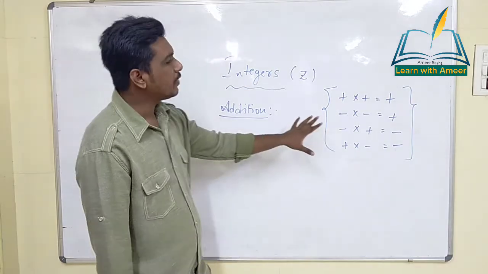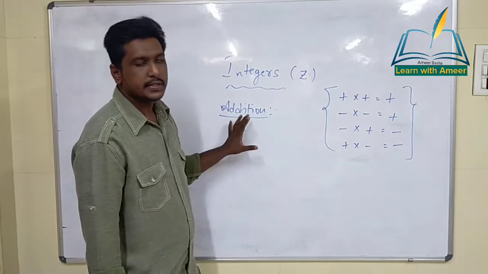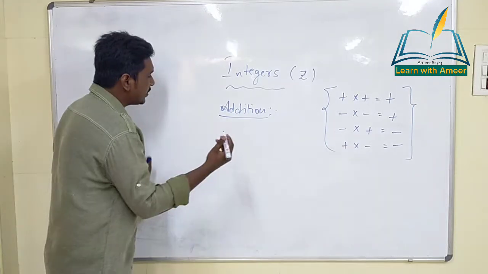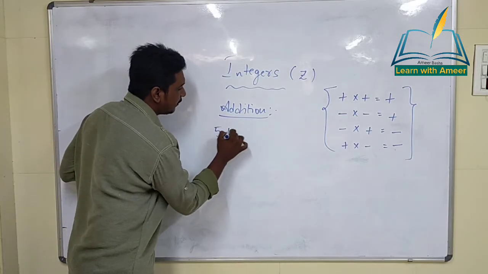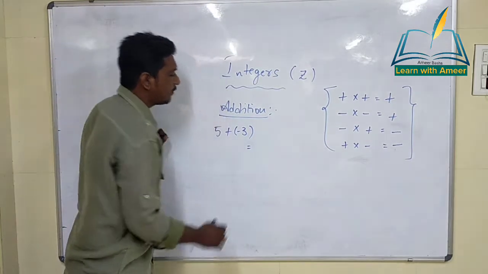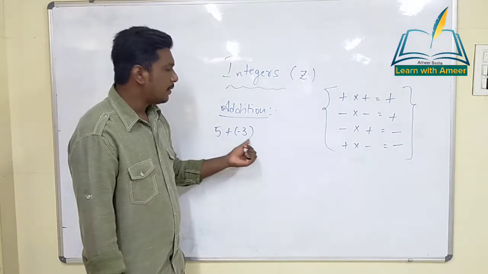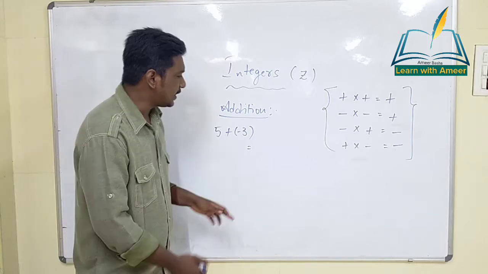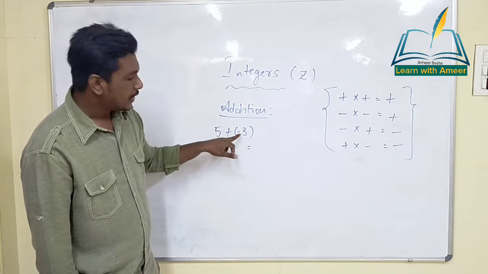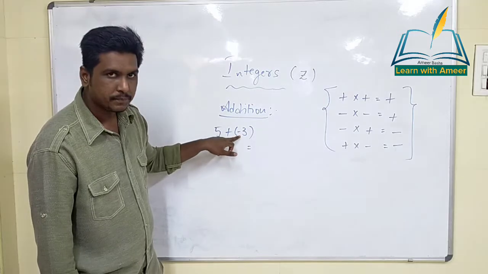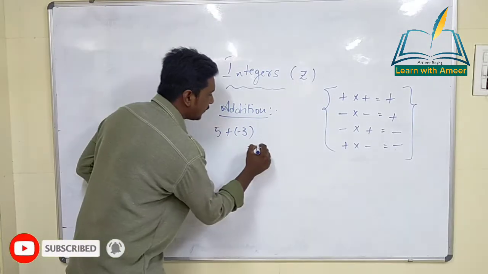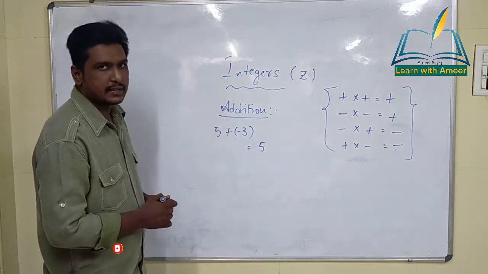Okay, children? So now we are going to discuss a few examples on addition. Now imagine the first number, 5 plus minus 3. First thing, what do we have to find? 5 plus minus 3. Now if you observe, children, what do we have here? Plus. And what do we have here? Minus. So plus into minus. For 5, what do we have first? 5. For 5 it is plus 5. We will write it like this itself.